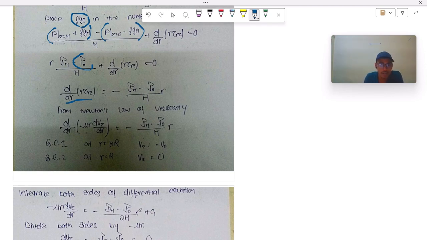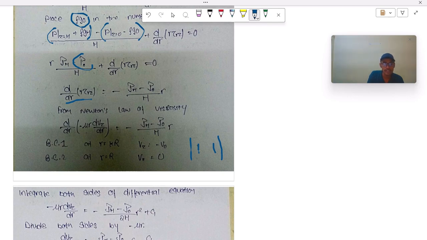And we have two boundary conditions: at r is equal to 0, vz is equal to 0, that is the no slip boundary condition, and at r is equal to kappa R, vz is equal to minus v naught. We can see that this is our cylindrical system and this is the slug. So at r is equal to kappa R, at this location,